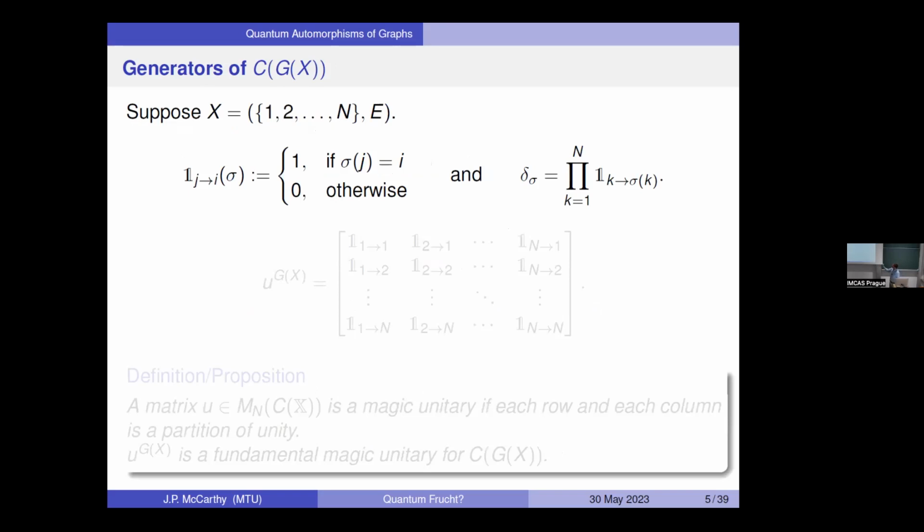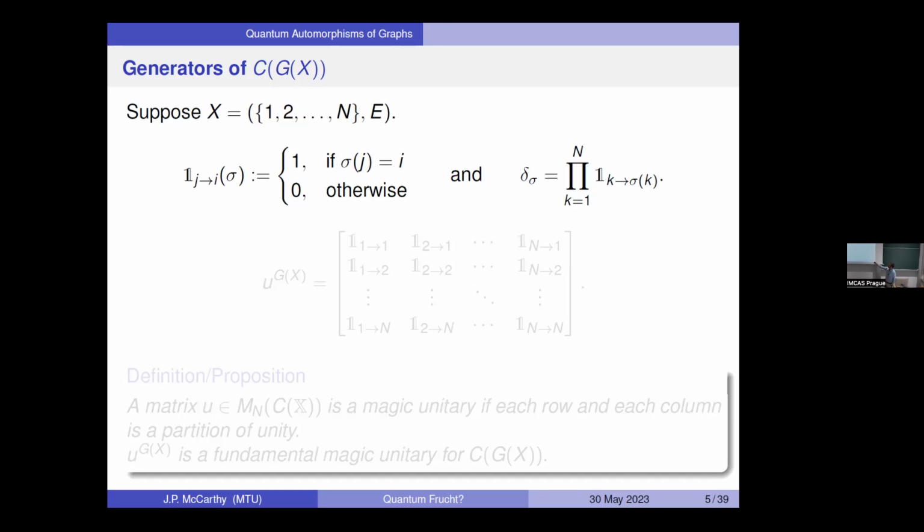So here, this is just the functions. There's the functions, complex valued functions on the automorphism group. And we have these little indicator functions here. So now we're allowing E to be just any graph. So usually in compact quantum groups, this thing here would be considered a coordinate function. So this would be considered a permutation matrix, and this would be the ijth entry